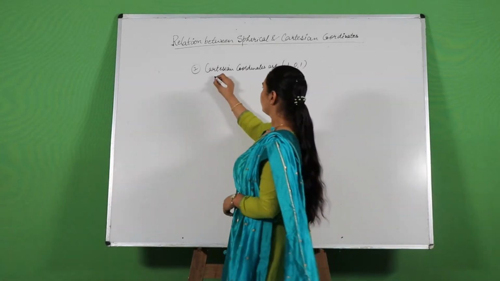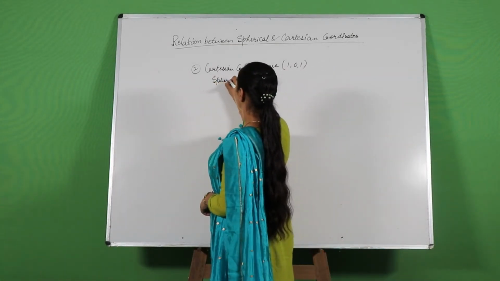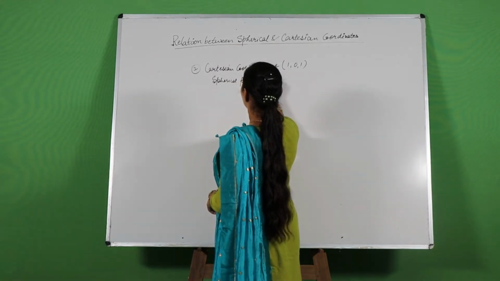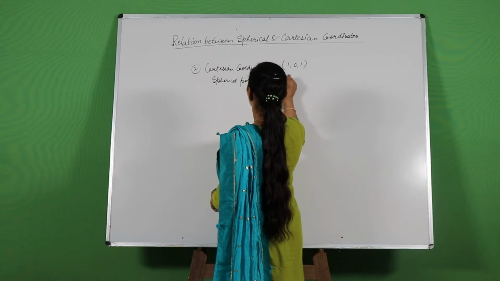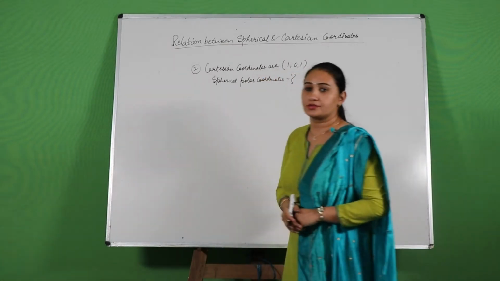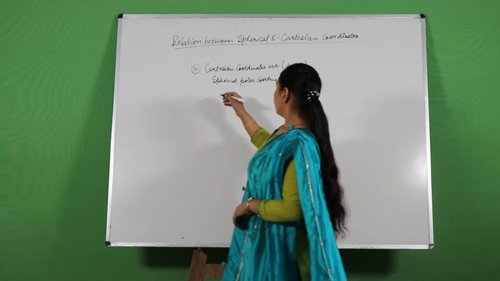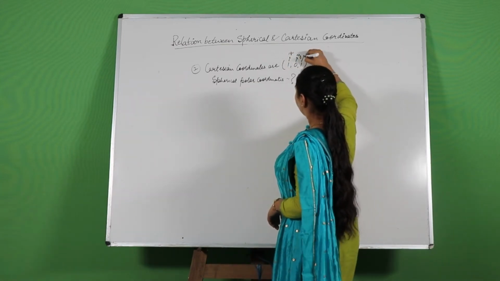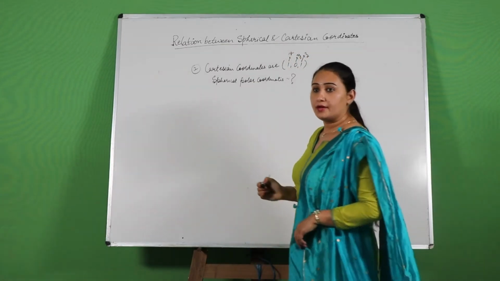I want to find spherical polar coordinates. Now since this is your x, this is your y and this is your z,